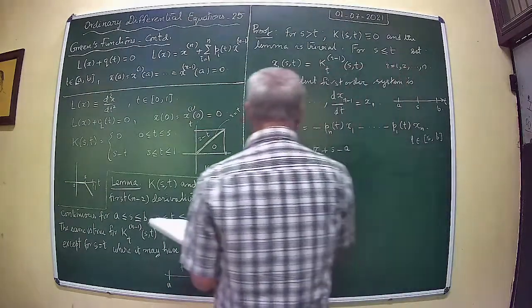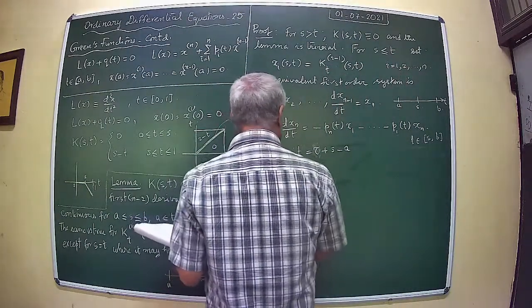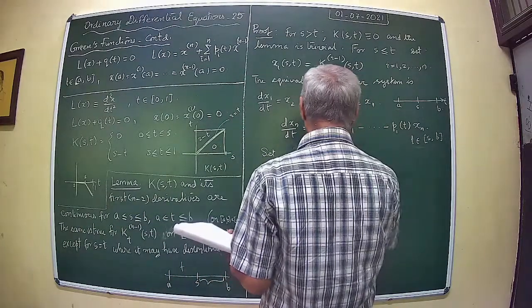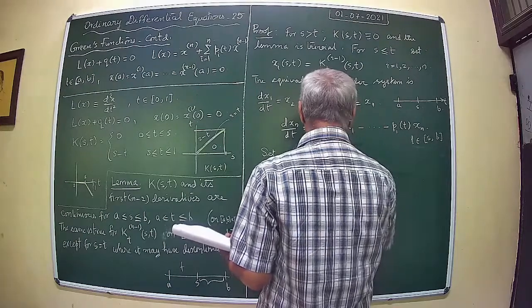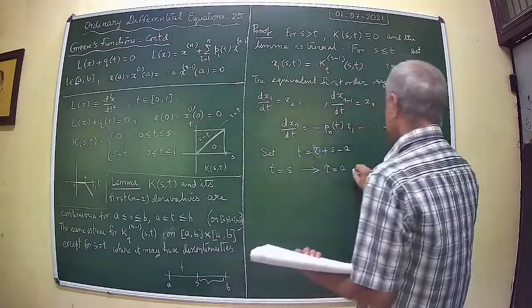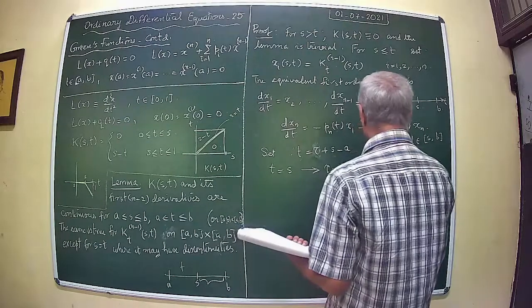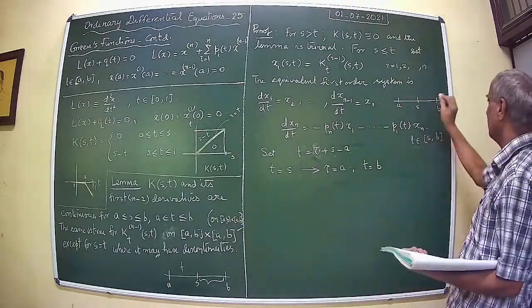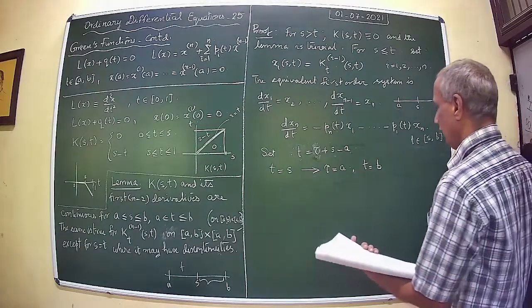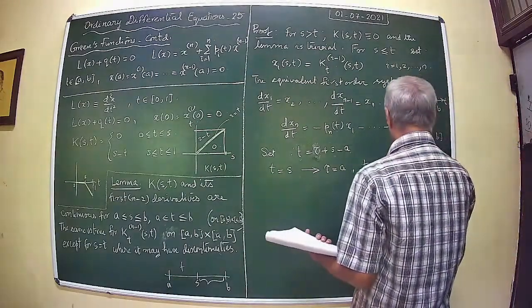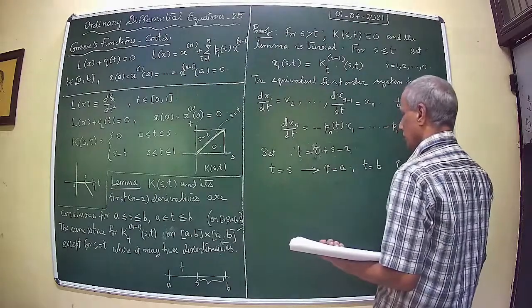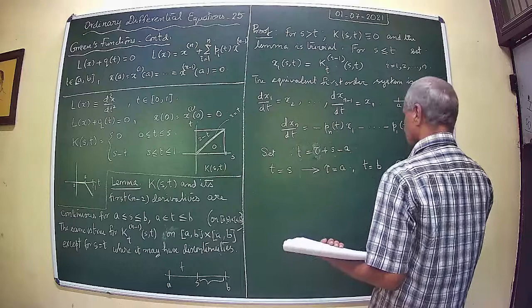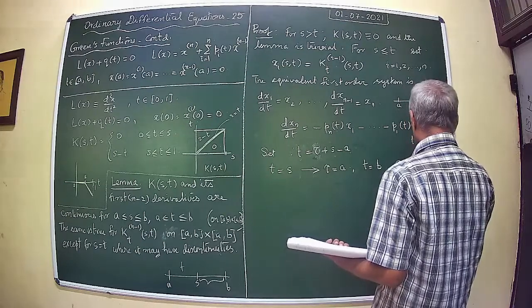T equal to S corresponds to... and T equal to B corresponds to, because we are working on this interval, T equal to B corresponds to tau equal to what is it, T plus A minus